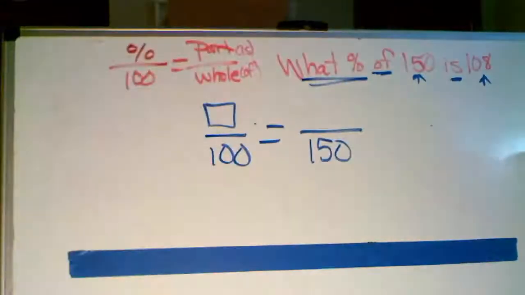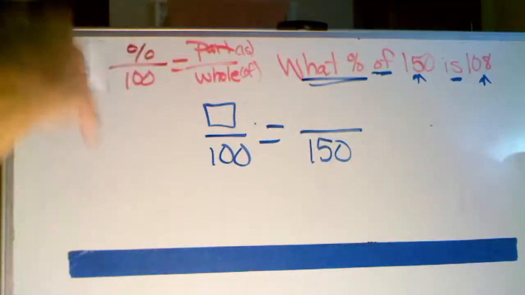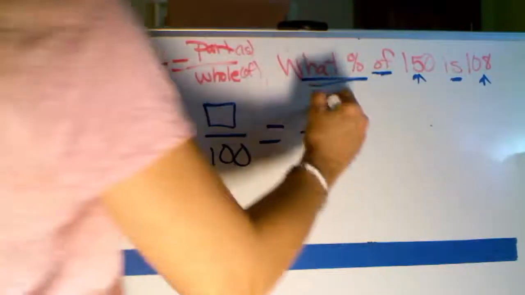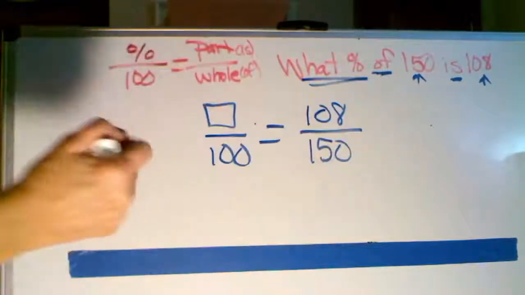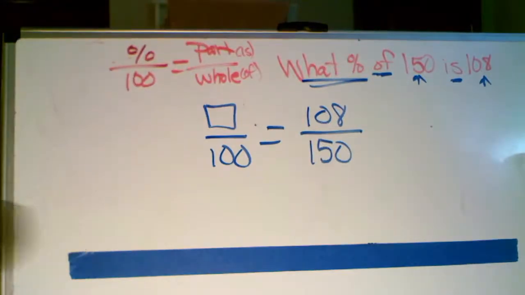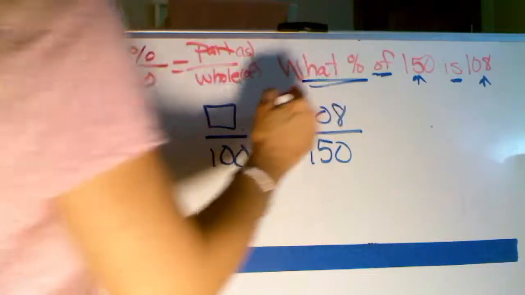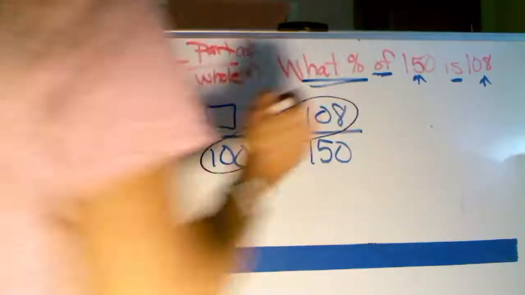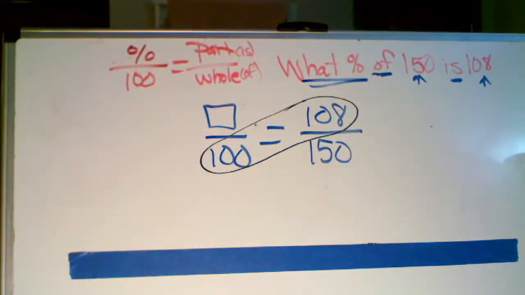And that is telling me that 108 of 150 is 108. So my 108 is my part, so that goes on top. Now I could sit here and keep reducing 108 and 150 until I get something, but we're going to do it the other way. Okay, so with your calculator, your help, you are going to cross multiply. So you're going to do 100 times 108. Okay, so 100 times 108, we know it equals